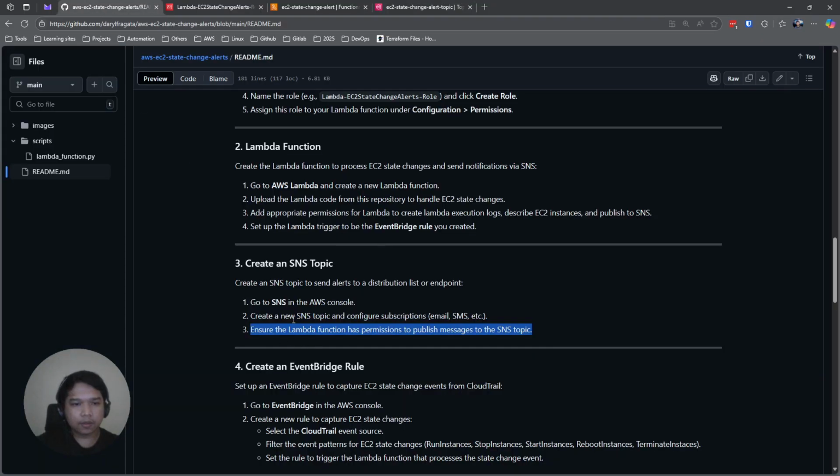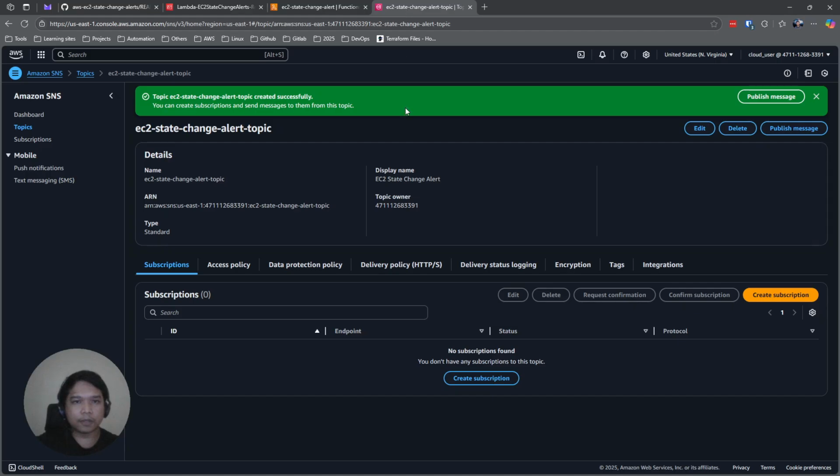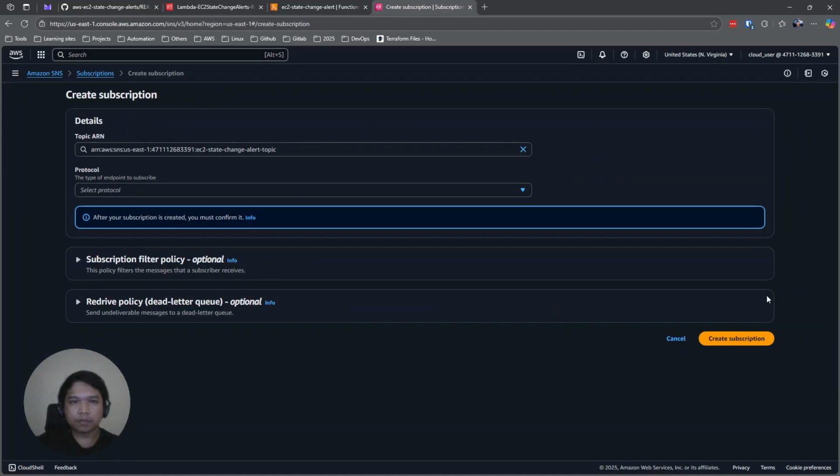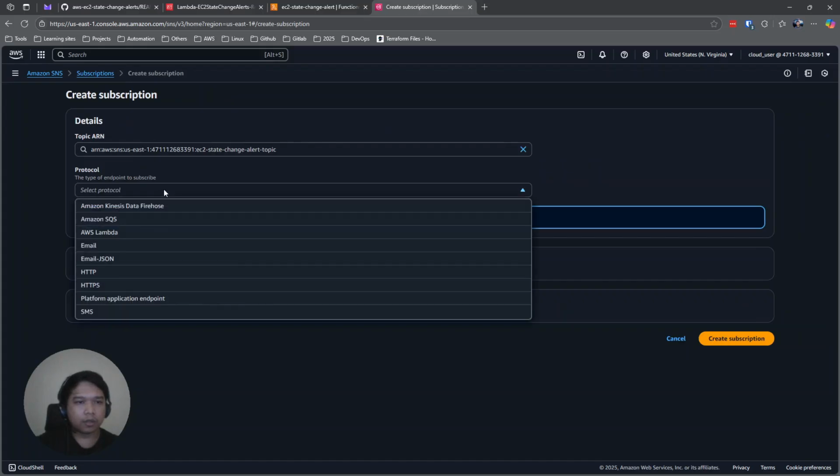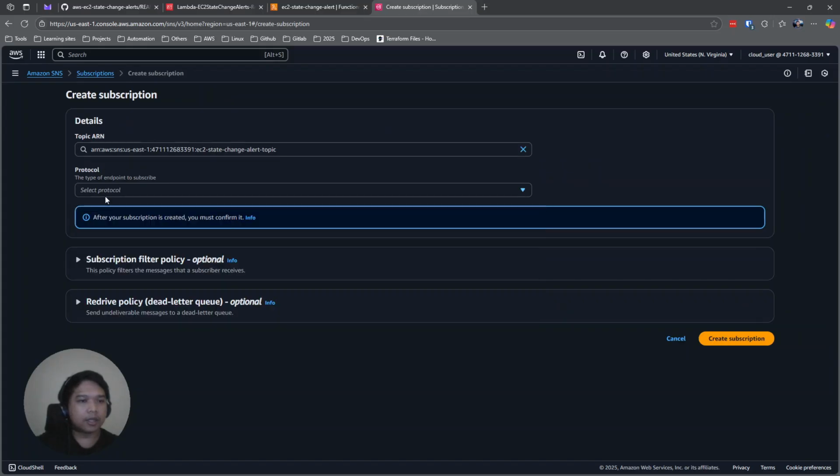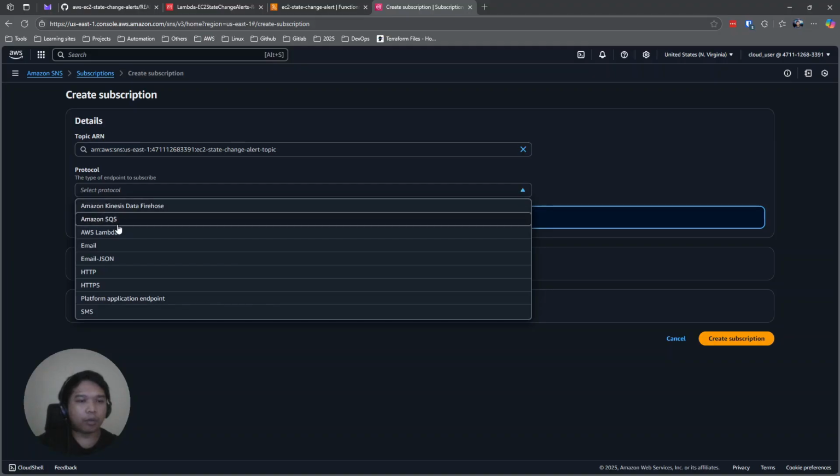Next is to configure the subscription. We created the topic, we need to configure the subscription. So right here in the subscription, create subscription. As we can see here, there are different kinds of protocol to mark as the destination or endpoint to subscribe to this topic.